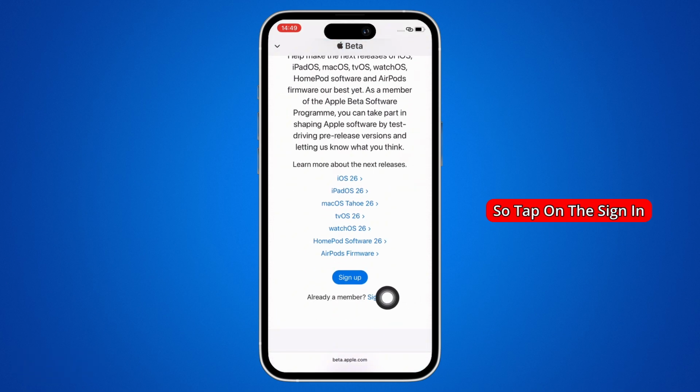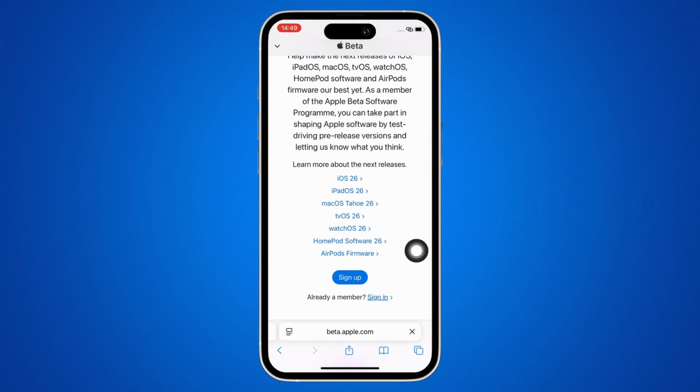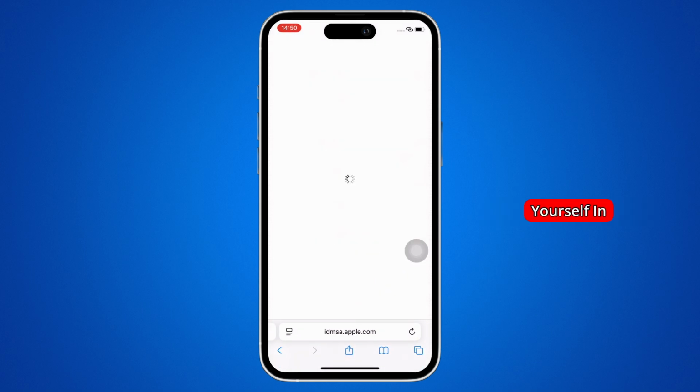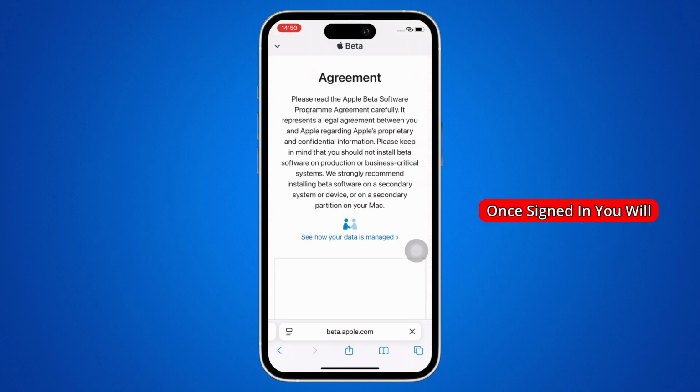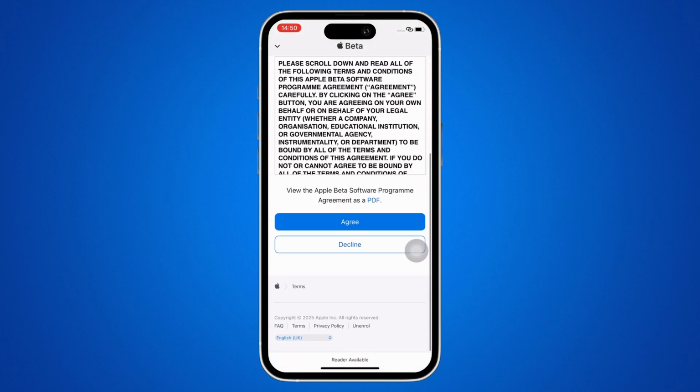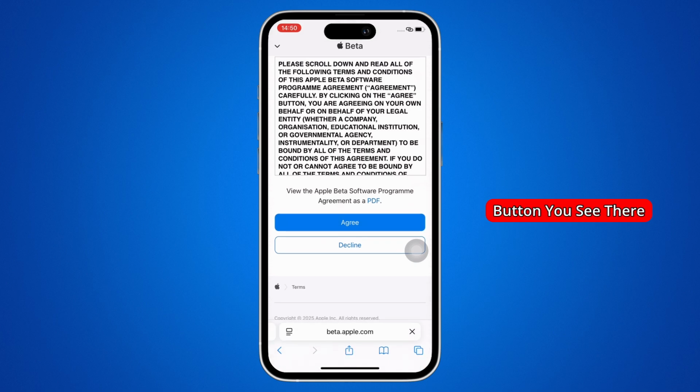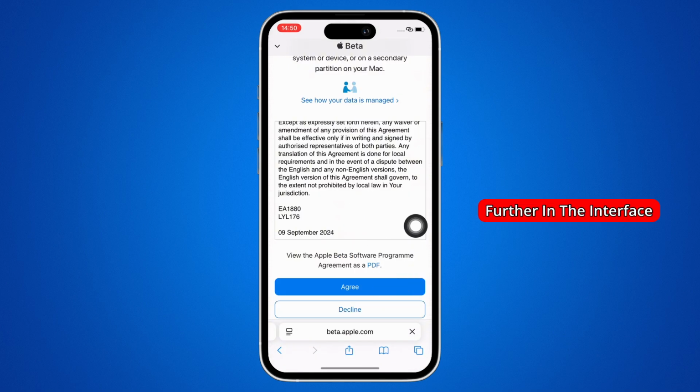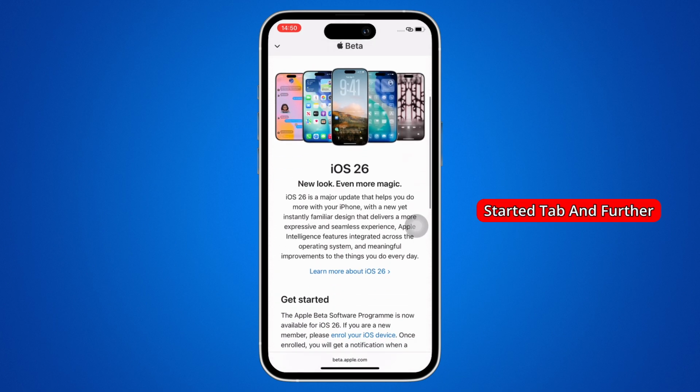So tap on the sign in button and further enter your login credentials for your Apple account and log yourself in. Once signed in, you will be required to agree to the terms and conditions, so tap on the agree button you see there. Further, in the interface that you will be led to, navigate to the Get Started tab